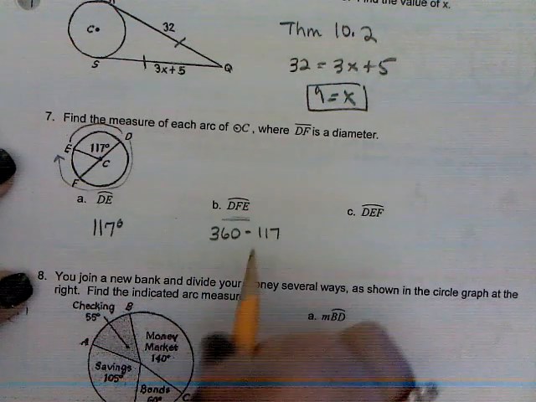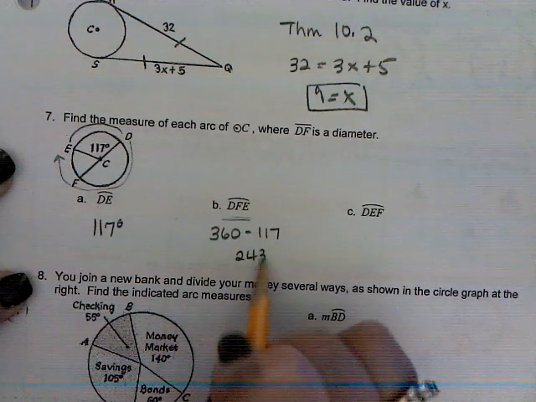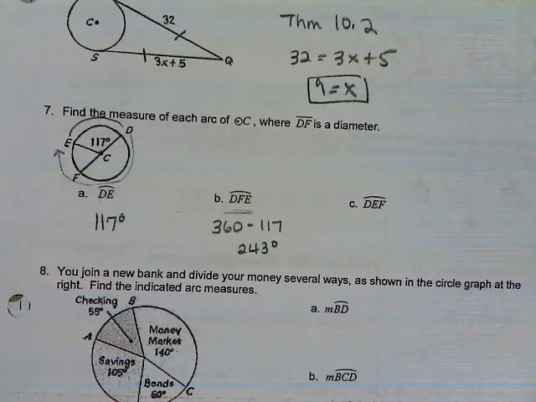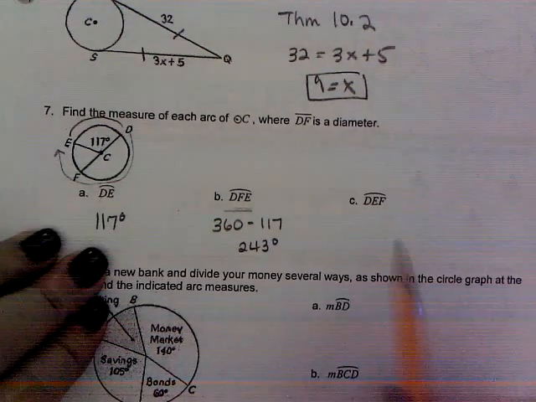360 minus 117 gives me 243 degrees, because if it's a major arc, it's 360 minus my minor arc. Why is it measured in degrees? Because an arc measure is the same thing as an angle measure. They're all degrees. And then the next one is 180 minus